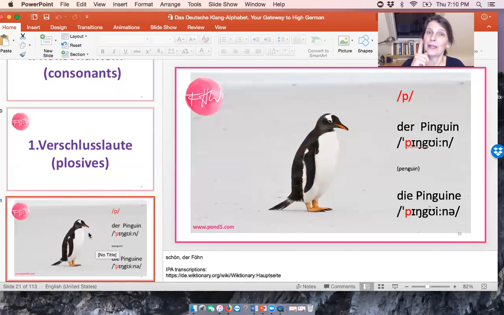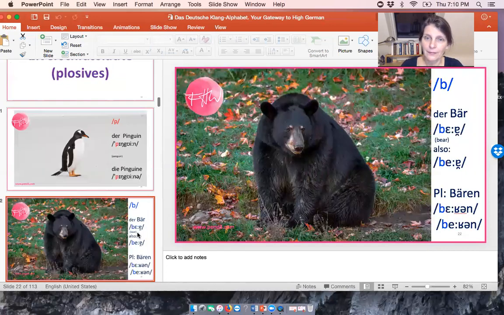So we start out with the bilabial, the voiceless bilabial plosive P, as in der Pinguin. Plural, die Pinguine. Okay, this is a voiced bilabial plosive, B. We have it in English as well, bear. And in German, it's either Bär or Beer. Some people say Bär, some say Beer. I say Beer. And notice, the spelling is B, A umlaut, and R, but High German, Standard High German, just